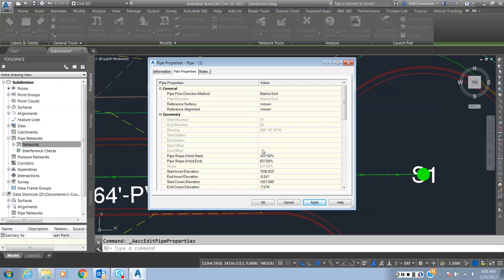I've got a slope of -637%. That's not what I want. So after you've set the start elevation, I can go to my pipe slope, hold start, and put in my -0.4. It changes that. As soon as you hit apply, now you see my crown elevation stayed the same, but